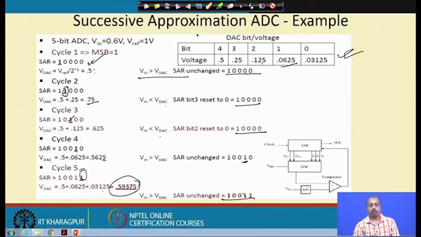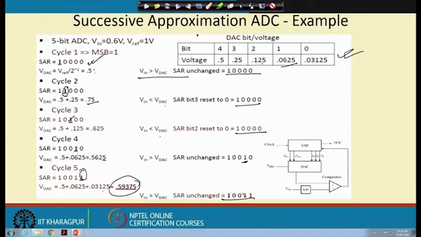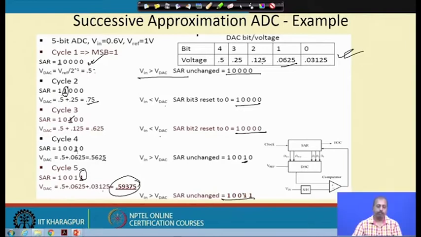So, this way, through an iterative step, every individual bit from the MSB side is turned on, and if the DAC output becomes more than the input voltage, then the bit is reset. If the DAC output is less than the input voltage, then the bit is retained as 1. Of course, if V in and VDAC are equal, then also